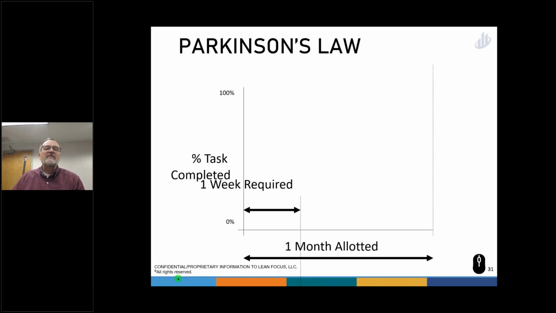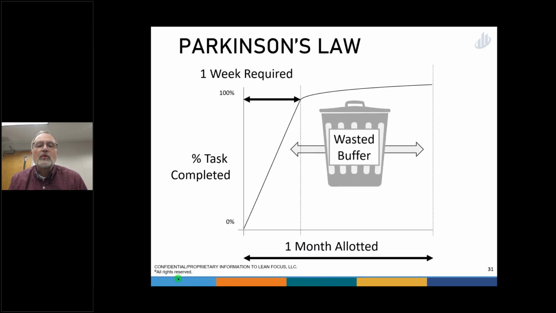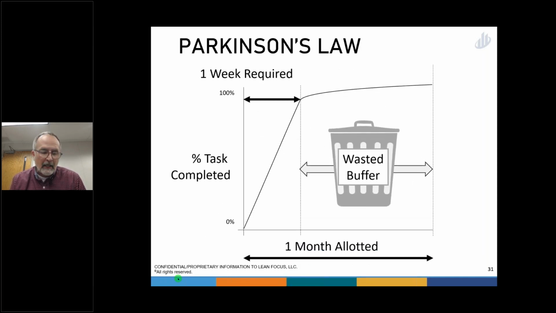The opposite of that is what Goldratt used the term from, what was his first name? Cyril Parkinson, who wrote on this. I know he wrote in The Economist in 1958 on this topic of work grows, the allotted work grows into what's available. And he actually did some pretty sophisticated mathematical studies on it. It's not just a saying. But the idea is here,